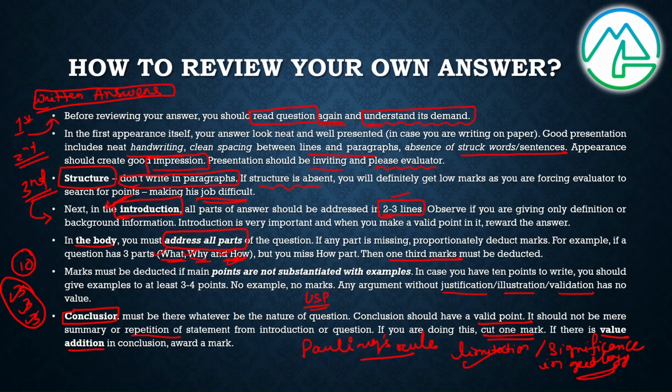So this is how you need to review your own answer, and you should not keep any biases, that you are writing the best answer or that you have written a very bad answer. That bias should not be there. When you are evaluating your answer, evaluate from the examiner's standpoint, right? View it as a copy that an examiner would check. So this is something that you need to do.